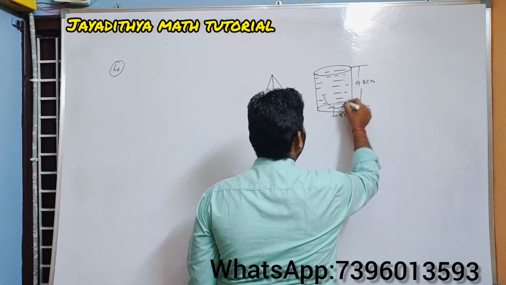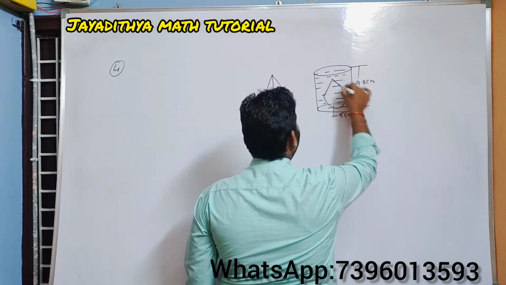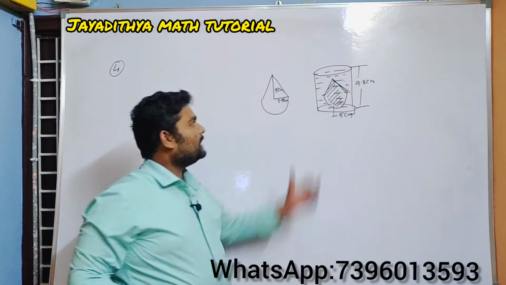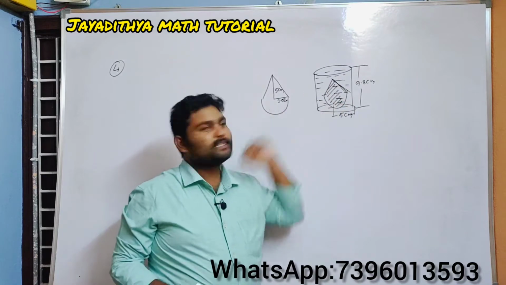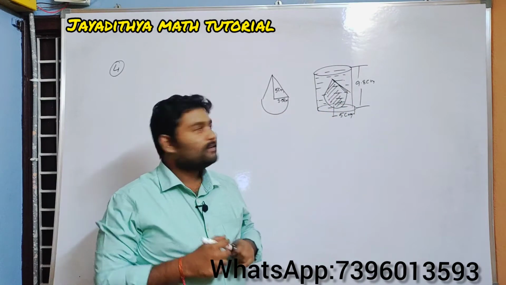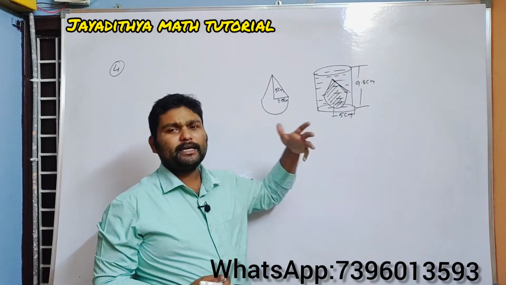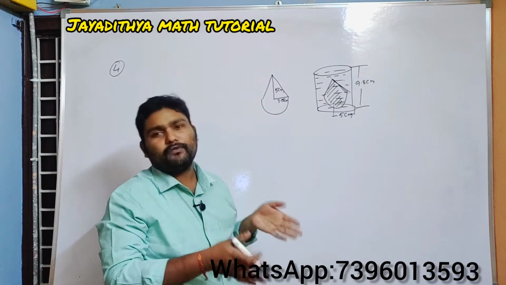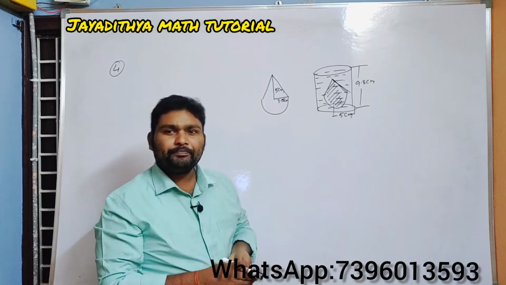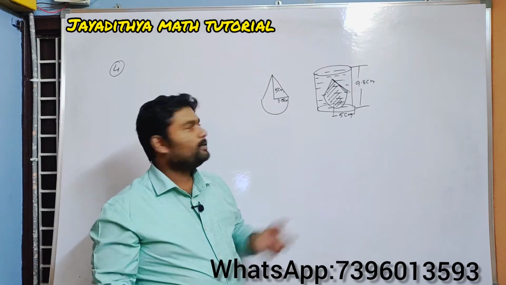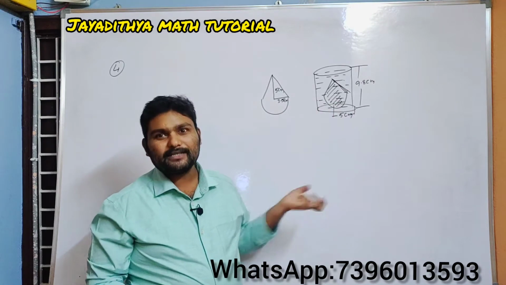So it will be like this, right? That is the solid, and it is immersed in the beaker. What happens? Can you guess? Some water will flow out of the beaker. You might have seen that whenever there is a bucket full of water and you place a stone in it, some water flows out. The volume of that water will be equal to the volume of the solid which you have immersed in the bucket.